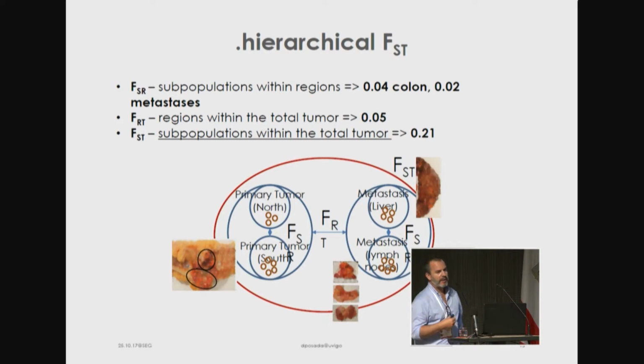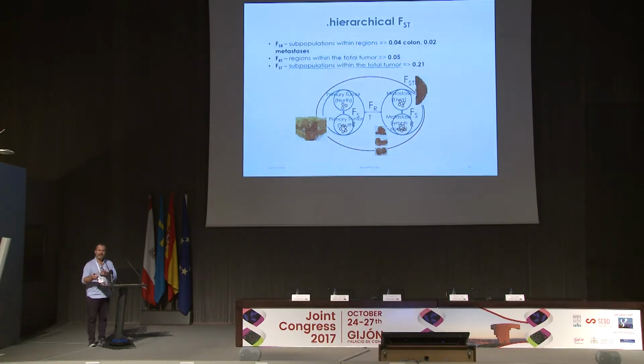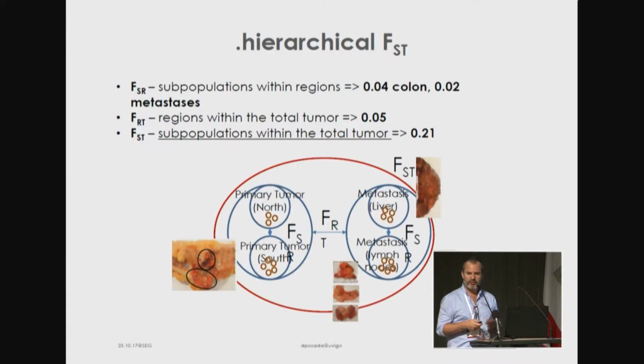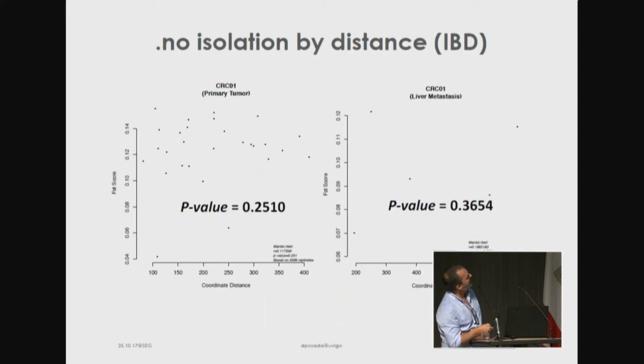Basically, in population genetics, to characterize the distribution of genetic variation between populations, we compute something called FST. FST is about which variance of the allele frequencies is explained by being in different regions, being in different populations in the same region, and so on. The important number here is that most of the variation is in subpopulations within the total tumor, which means that everything is really well mixed again, okay? But this is a quantitative way of proving this. So tumors are well mixed.